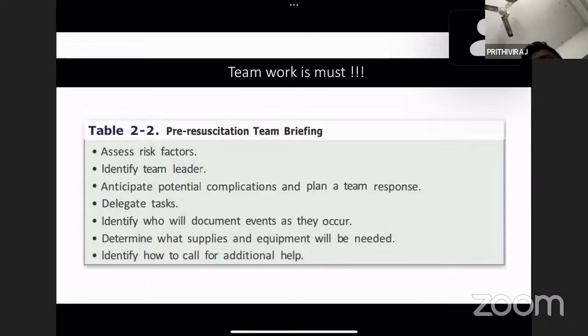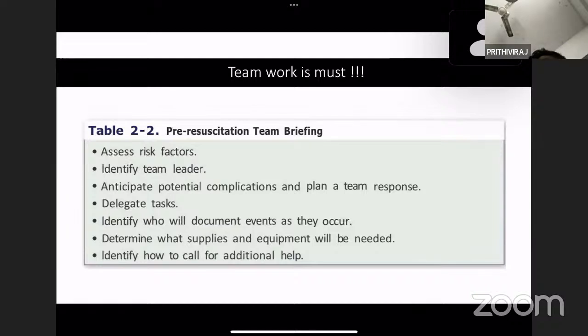It's an army. So for neonatal resuscitation, an army must be present rather than a single worker. A single person cannot perform NRP unless it's a normal delivery without any complication. One person is enough then. For any high-risk delivery, it's always better to have a team. So, pre-resuscitation team briefing: we assess the risk factor, we identify a team leader, and we have to discuss